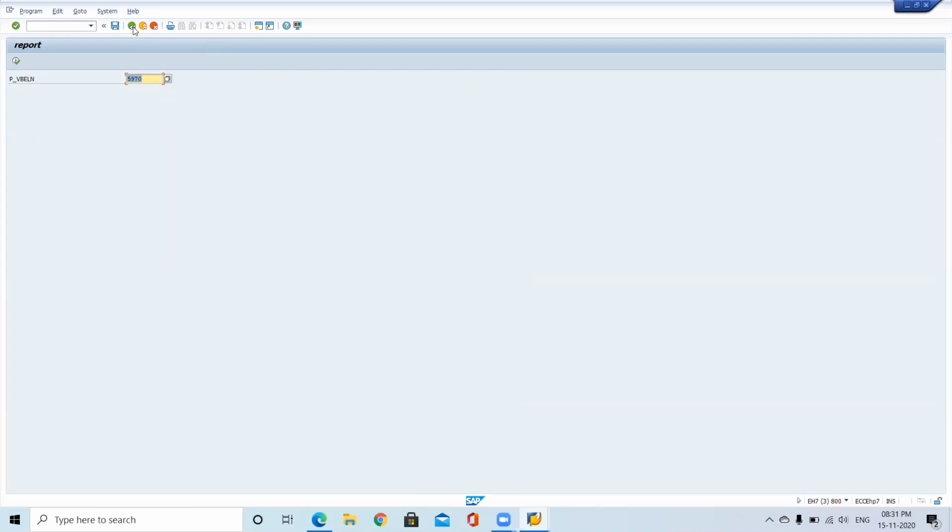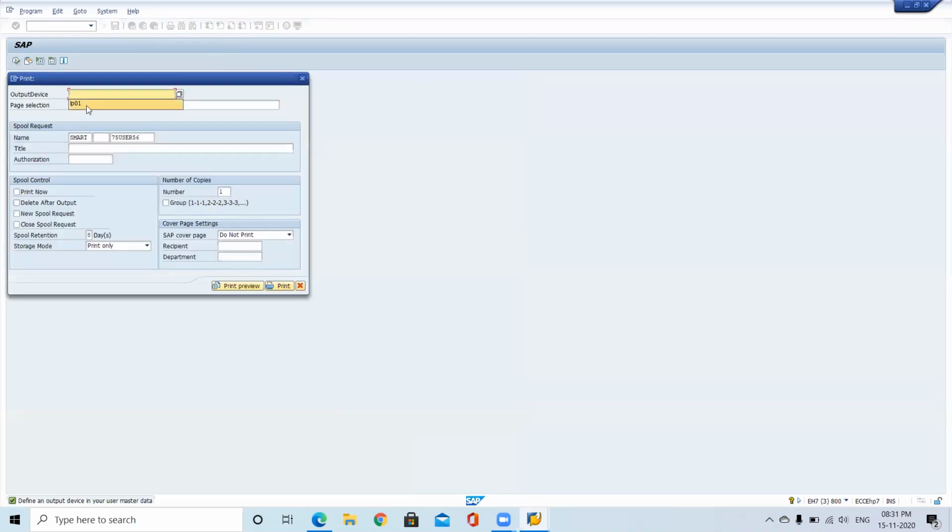At the same time, at the time of checking your report, here you are having an option to give the number of copies. So I need 5 copies, same information I want. So I just want to print the second page 5 times. If you select the second page, give your required page and give the number of copies. So at the time of printing, we are using all the options. So here also you can use that option, print preview.